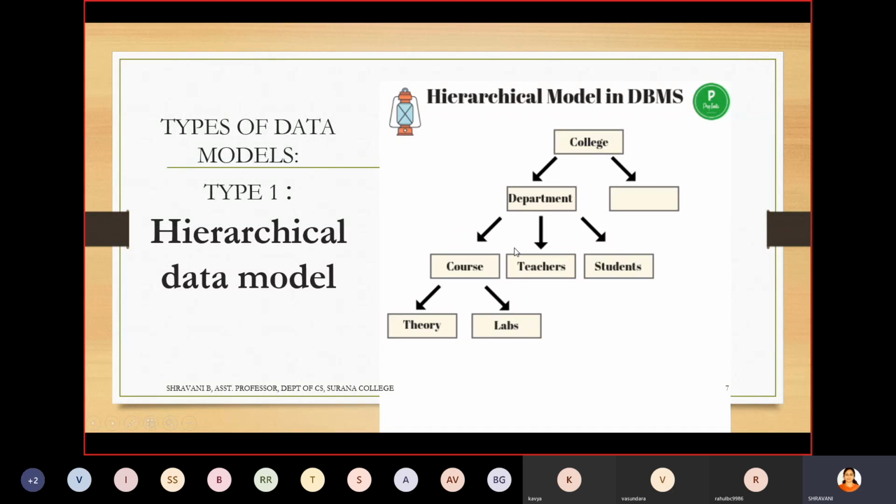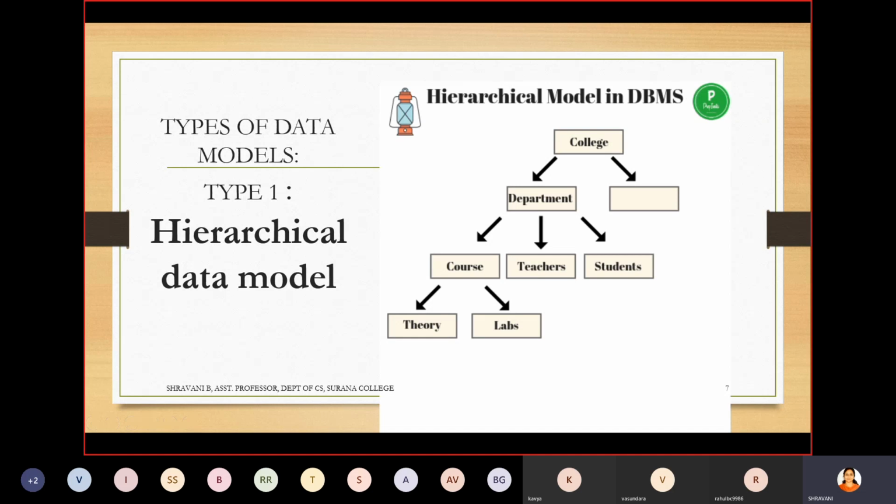So it is very simple in structure, where you can easily know where you are going to bifurcate and where you are going to have the children nodes. And it is highly secured because when this is a course node and this is a teacher node, there is no connectivity between the course and the teachers, right? So the course data is secured within this, and teachers are also secured within this.